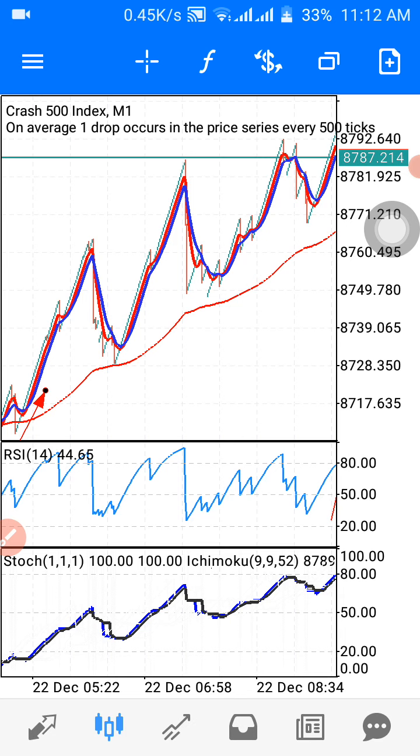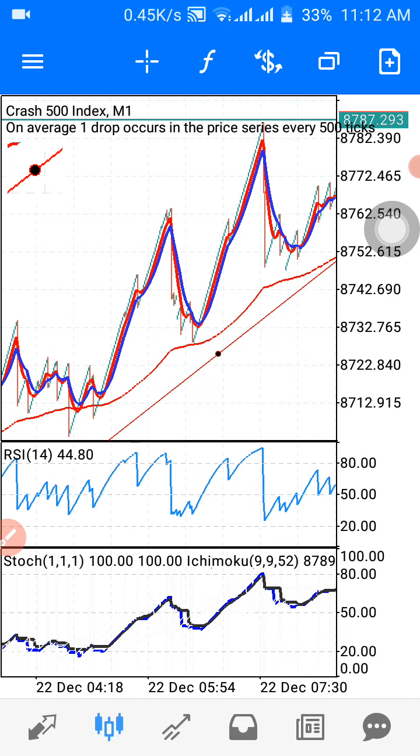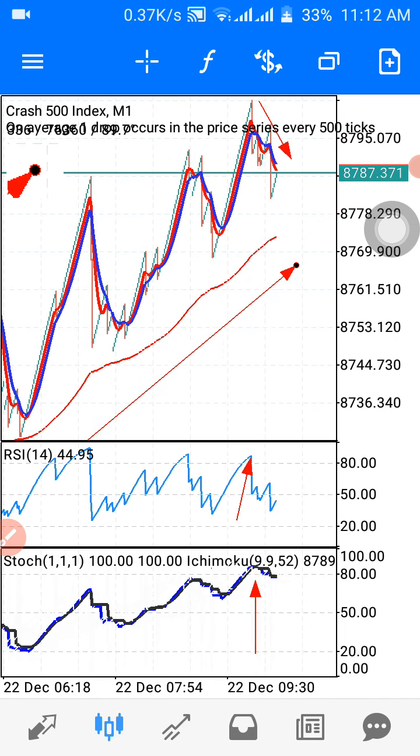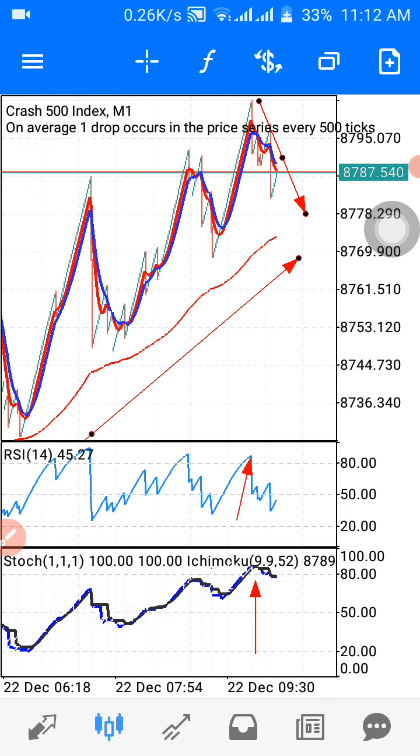Then we have an uptrend, which is this. That's exactly what I go for. You can see the uptrend, so I followed it up. And probably the trend might continue. This is just a retest. The trend might retest the support here, which is the